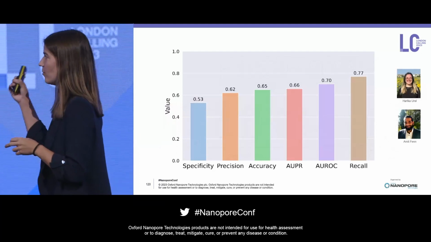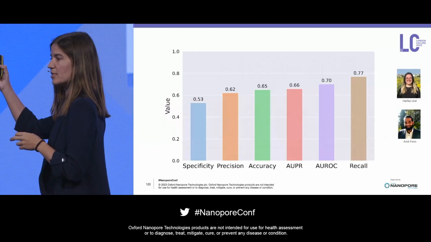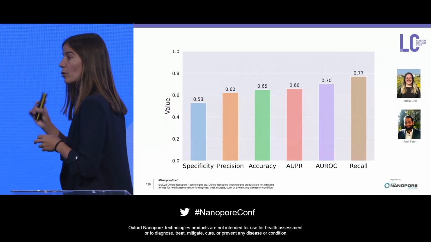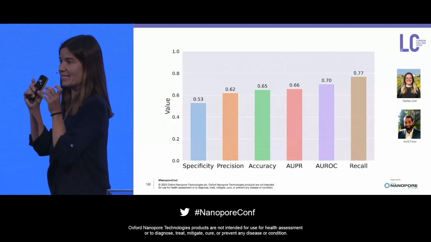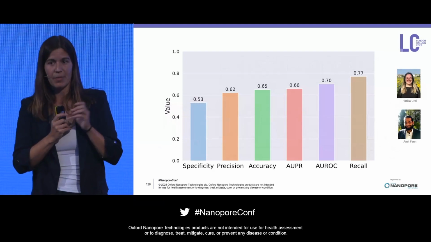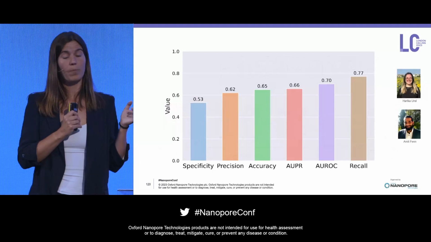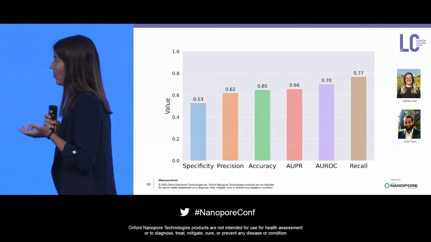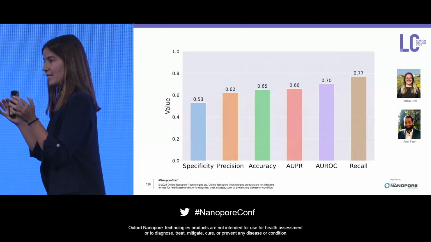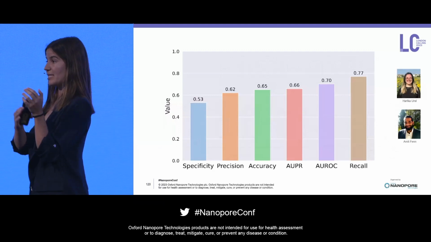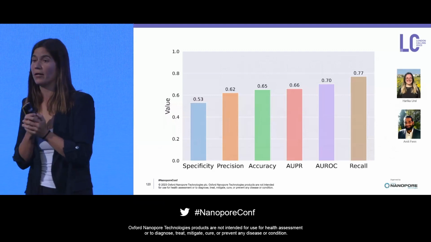But the one thing that really worried us was the specificity, right? Because it's basically random if the model classifies dead DNA as dead DNA. But we by now think that this might have been a problem with our training data, where we probably have a mixture of dead DNA, so DNA of organisms that died on different days. So we are also currently creating more